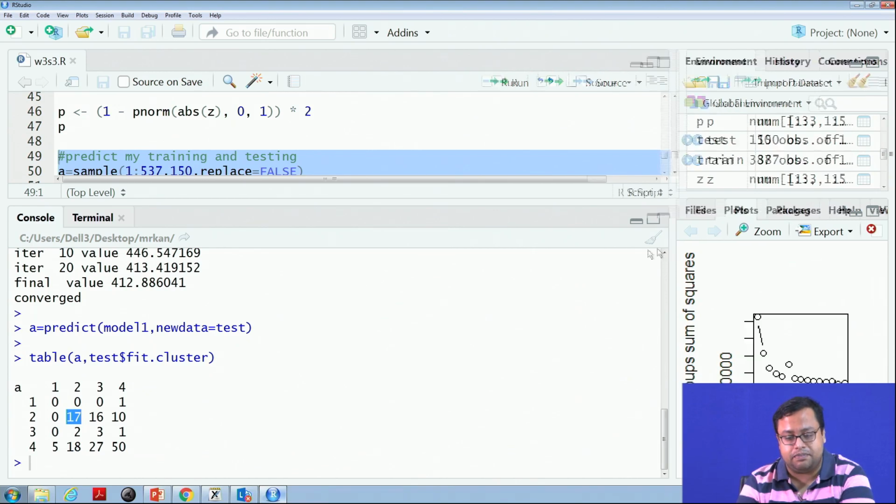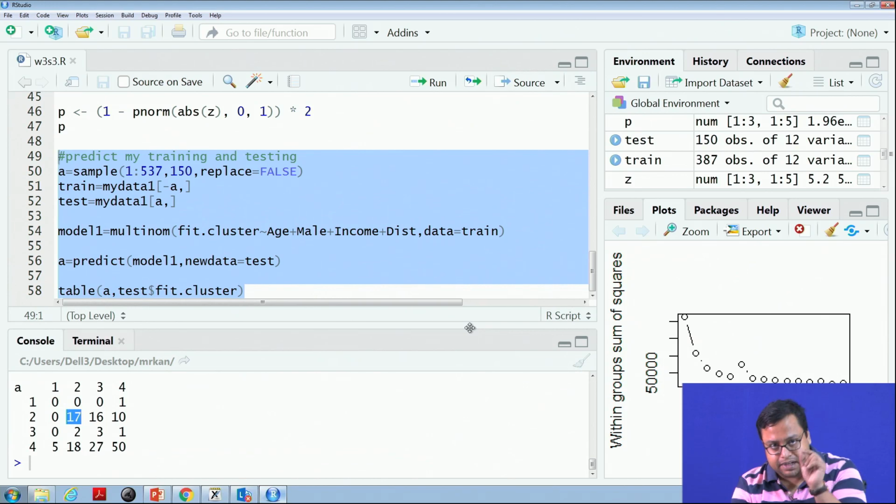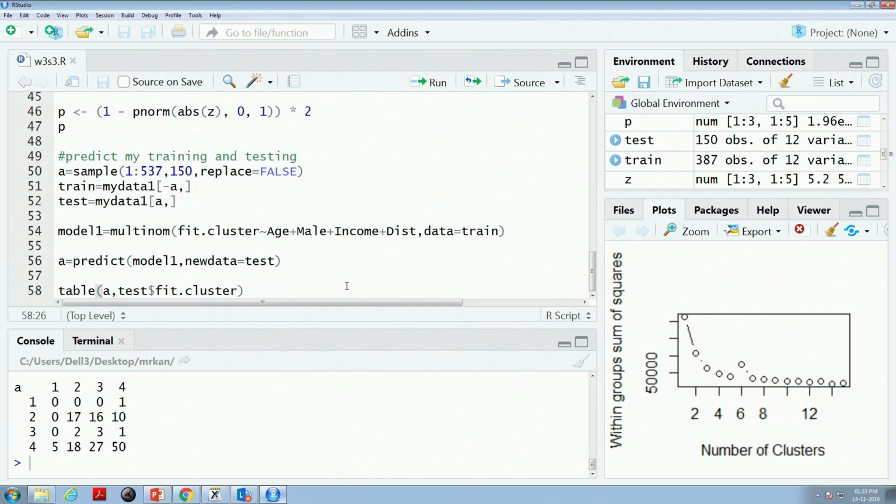Once you better predict the segmentation, which segment they will fall into, the targeting becomes much easier. So, that is what we have done about logistic regression, multinomial logistic regression. We can discuss more about LDA in the next class with a small example on this data set itself. I will share 2-3 lines of code and we will discuss that, and we will go ahead with the next module from the next videos.